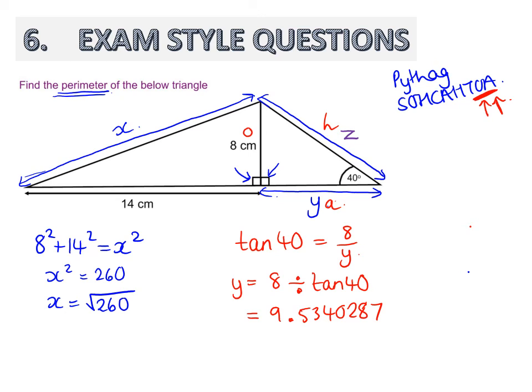I've already labelled it up in the right places, but this time I'm not bothered about y, I've already worked that out. I'm bothered about these two, O and H, so I'm using sine. So I've got sine 40 equals O over H, so that's 8 over z, and so just in the same way, I've got that z is equal to 8 divided by sine 40, which gives us